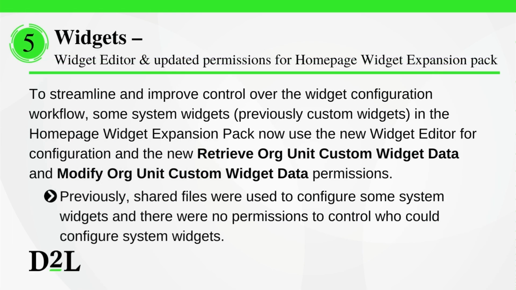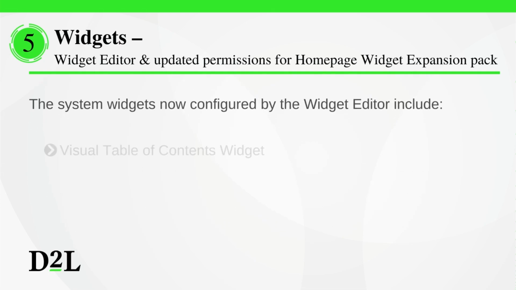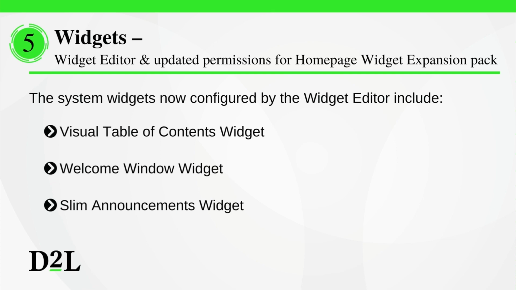To streamline and improve control over the widget configuration workflow, some system widgets, previously custom widgets, in the Homepage Widget Expansion Pack now use the new Widget Editor for configuration, and the new Retrieve Org Unit Custom Widget Data and Modify Org Unit Custom Widget Data permissions. Previously, shared files were used to configure some system widgets, and there were no permissions to control who could configure system widgets. The system widgets now configured by the Widget Editor include Visual Table of Contents widget, Welcome Window widget,